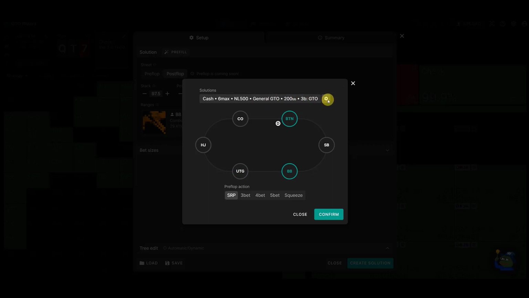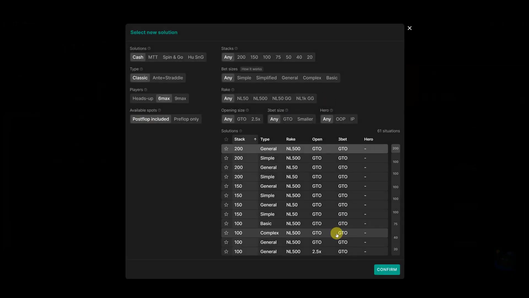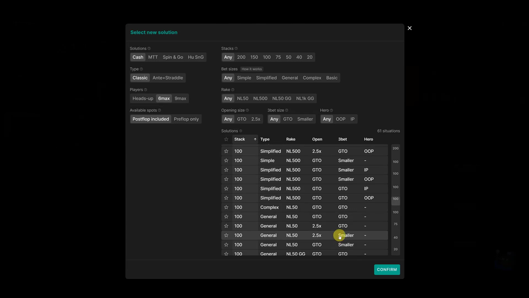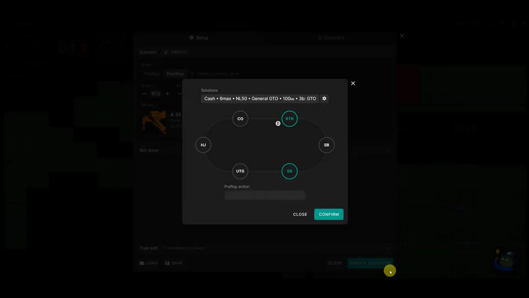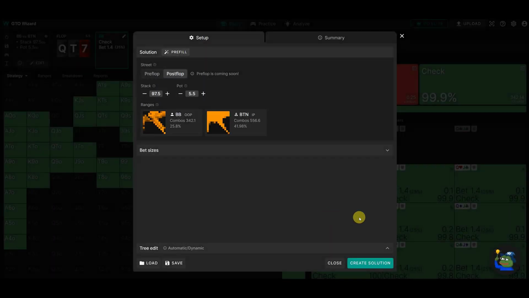So we changed that to a pre-fill solution of, let's go for, you can see down here all the depths, 100 BB, let's just go 50 general GTO size 3-bet, and that doesn't matter because we're going to just do single raise pot to keep it simple, and single raise pot and confirm,